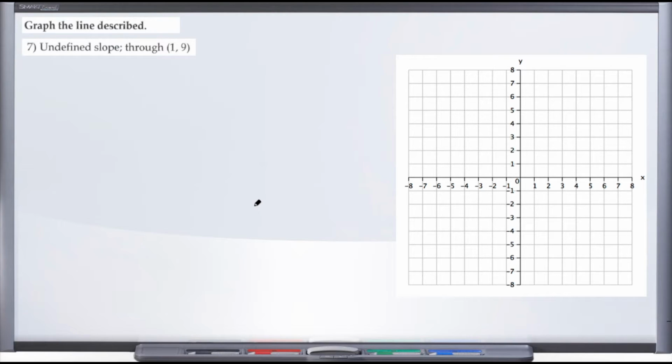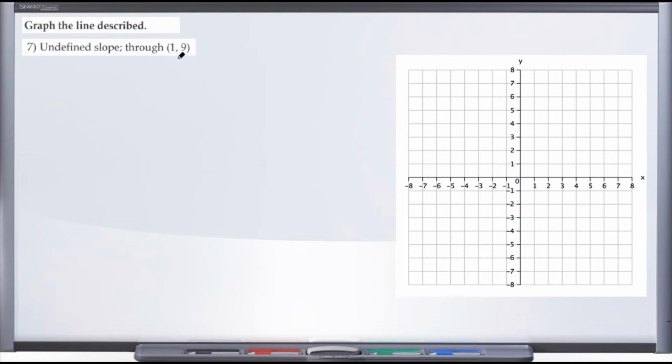And as we take a look here at question number 7, directions are the same as question number 6: graph the line described. So again, they don't want to know the equation for this line, they simply want us to take the information they've given us and graph this particular line. And they tell us the line they want us to graph has an undefined slope, and this line goes through